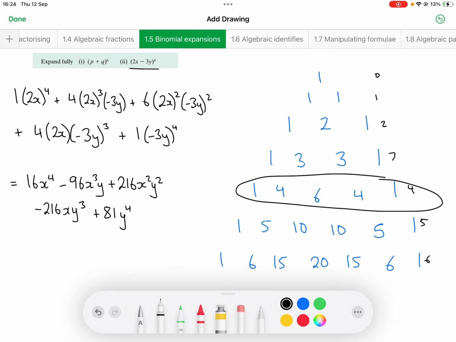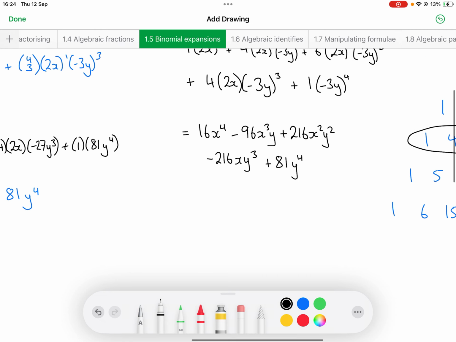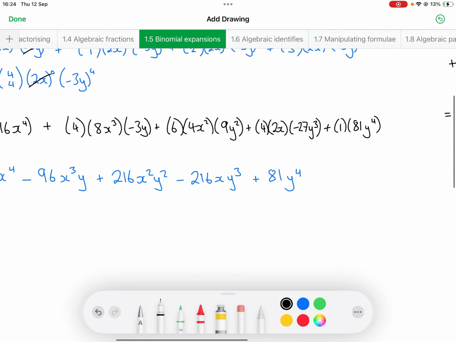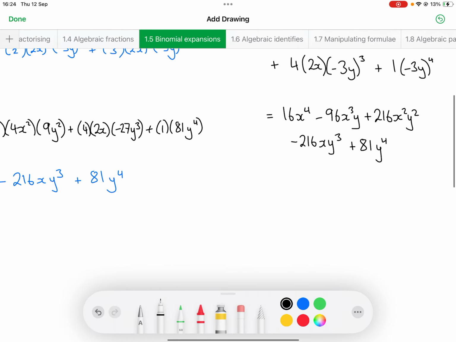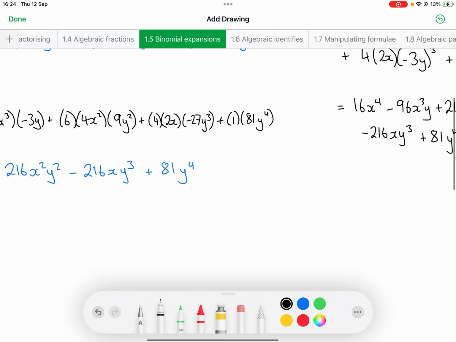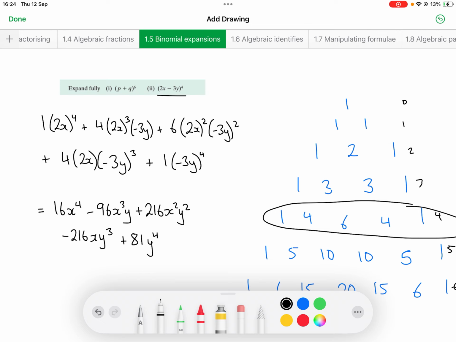And if we scroll over here, we'll notice that it should be the same as our last expansion. So 16x to the power of 4, minus 96 x cubed y, 216 x squared y squared, minus 216 xy cubed, and plus 81y to the power of 4. So it is a similar method, and as we see there in the 2 examples, you should get the same answer, but these ones are using